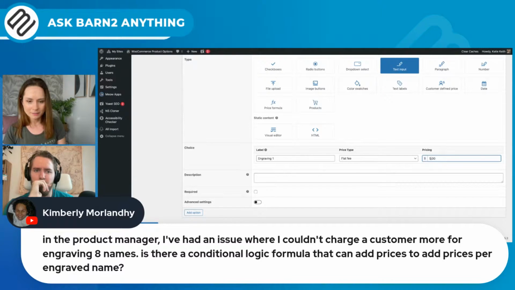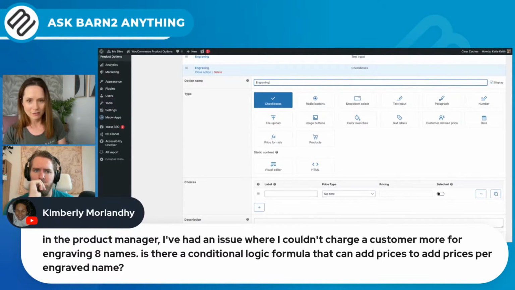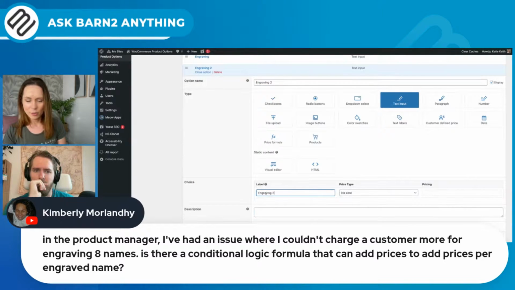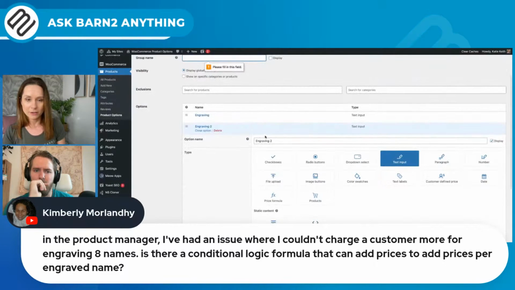And then you want to add another one. So that's engraving 2, another text input field. We'll probably add repeater fields, so this can happen automatically at some point, but not many people are asking for it. So it's not on the roadmap right now, but I can imagine that we will actually make this easier in future. But for now, what you need to do, I'll just save it,